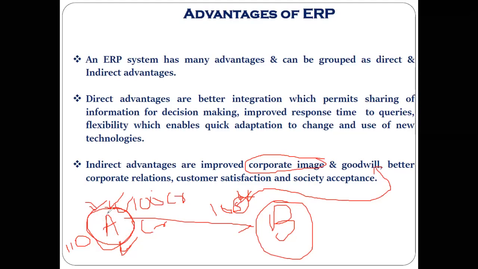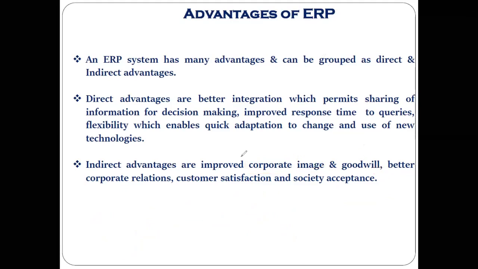If A company is having a good image in the market, having a good customer base, its customers are very much satisfied, then this B company will give the extra 5 crore to this A company. Understood? And that is called goodwill. And a particular company's goodwill can be increased only if these companies are getting these kinds of advantages from the ERP. Understood? And that is the reason the goodwill comes under the indirect advantage of that particular